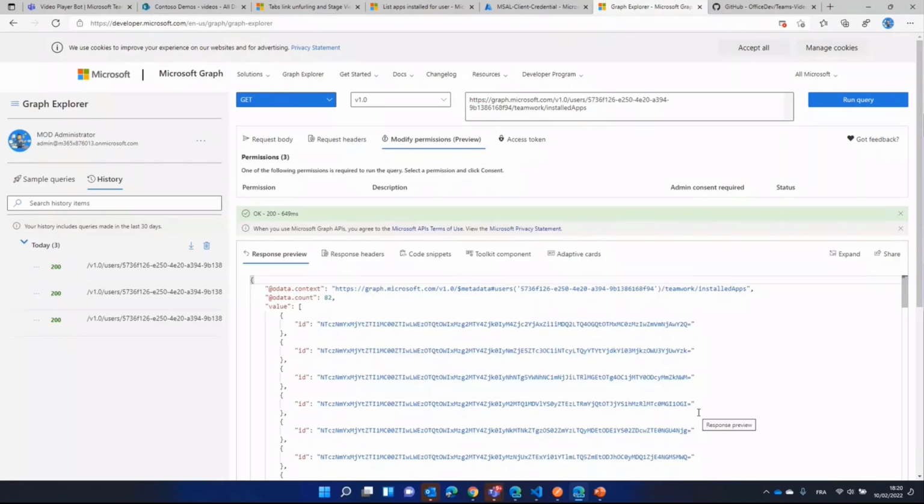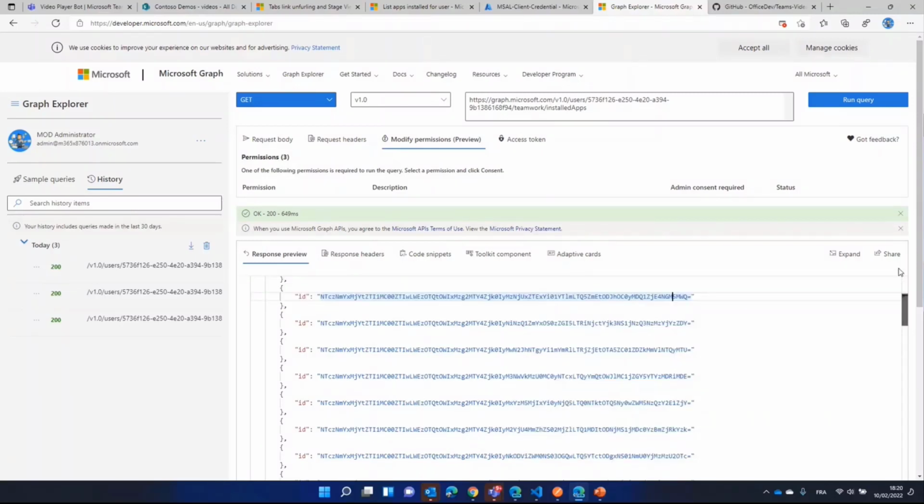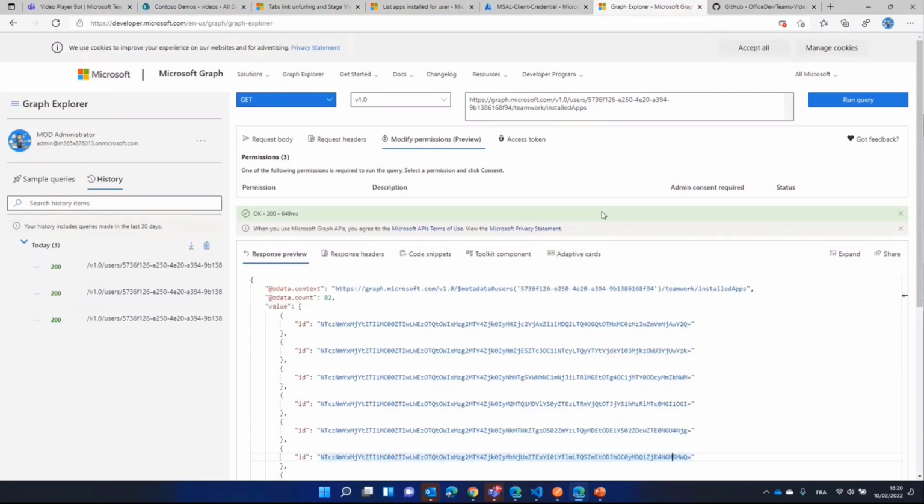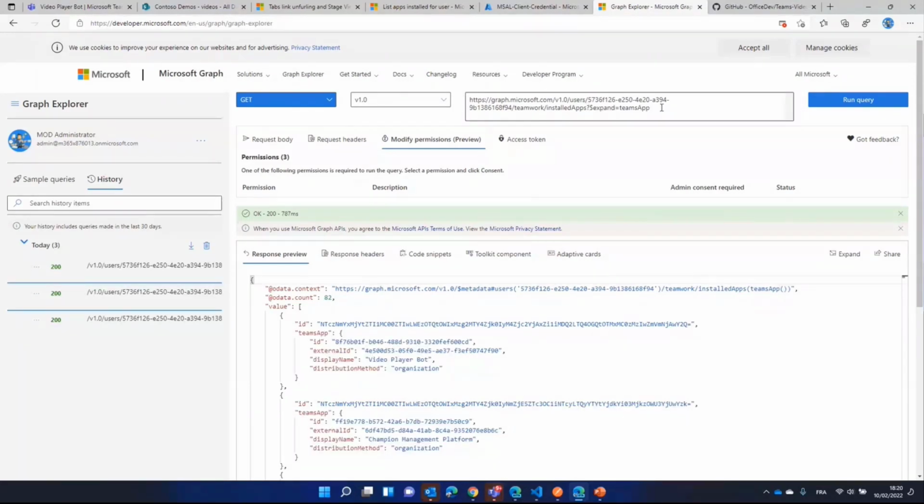So this is not something that is really useful for me. So the first thing I need to do is to change a little bit this query to this one. So I need to expand to get more information. And you see that now it's a bit more useful for me because you see that I do have this internal ID and I do have this external ID that I control. So this external ID is the information that you put in the Teams app manifest, and this internal ID is the one you are looking for to generate the URL and to trigger the stage view and open and play